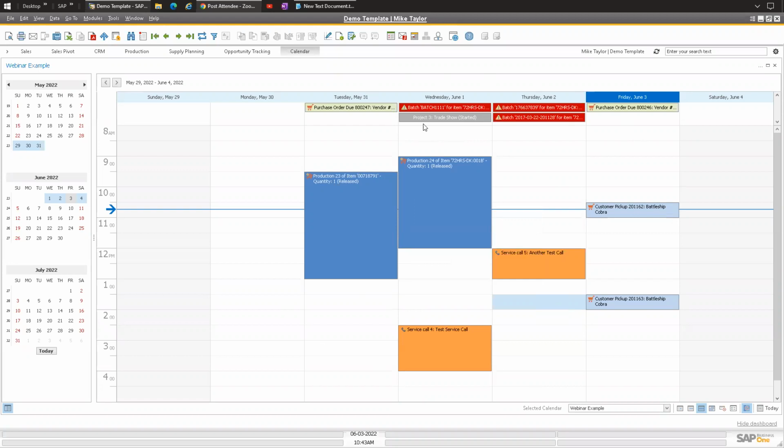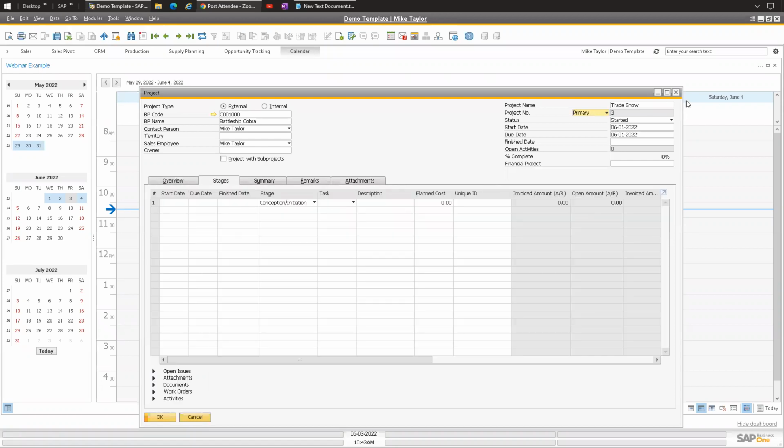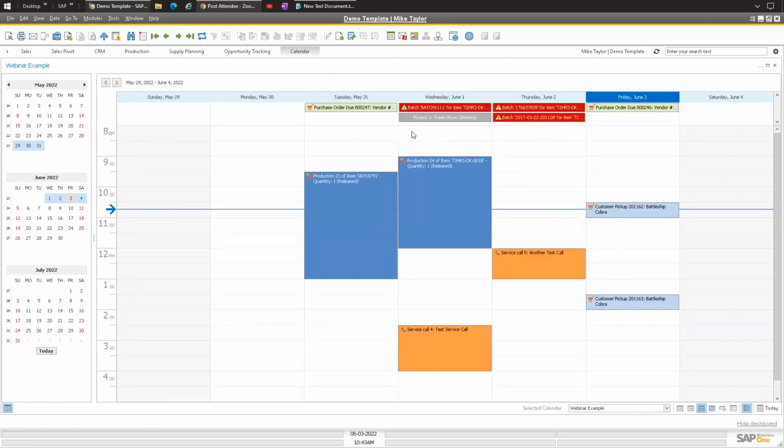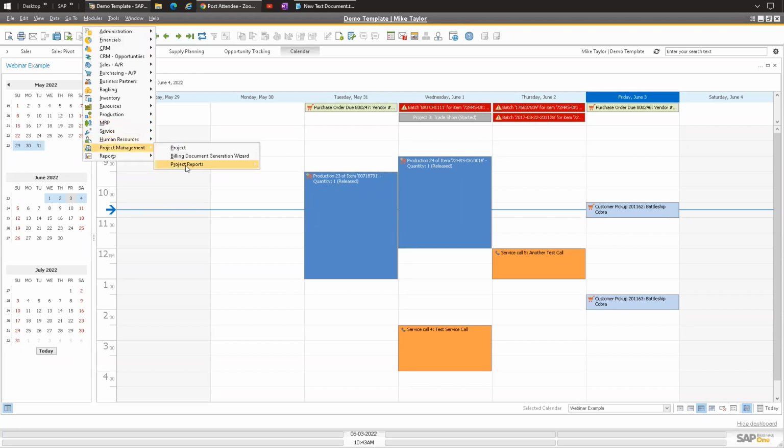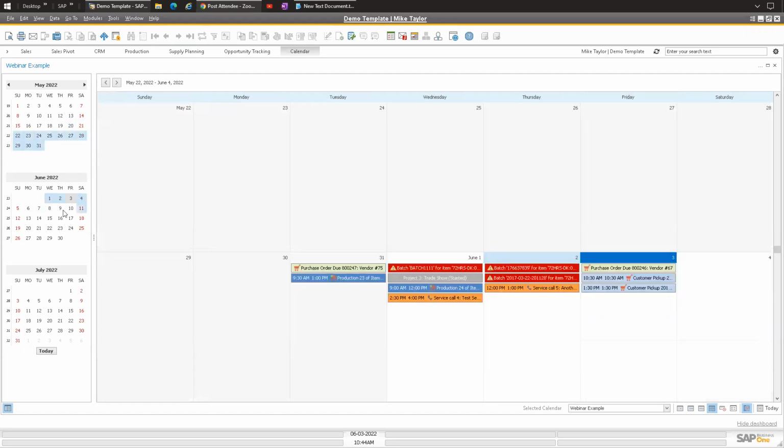Last kind of thing I was going to talk about here is the projects. So I have projects here. This also integrates with the projects. You can get more specific, and even if you want, you could put the stages of a project and lay those out between days. I don't think it's really a replacement for a really detailed Gantt chart, and there is already a Gantt chart in the project reports. But this would allow you at least to manage it again on a temporal basis so that you can see all the data in one of the different views. So similar to, again, Outlook, you can highlight different ranges of time.